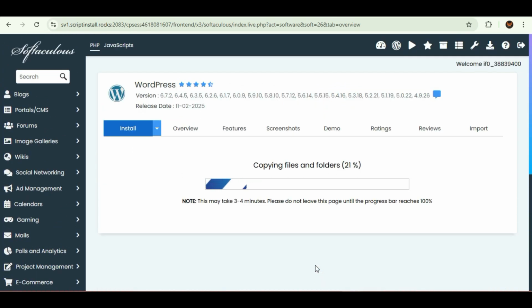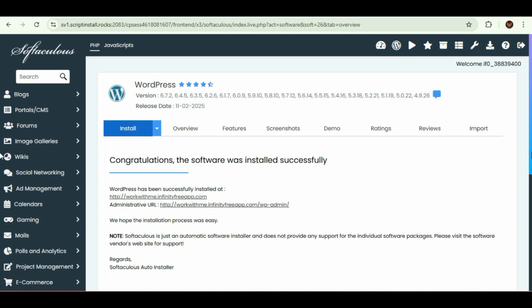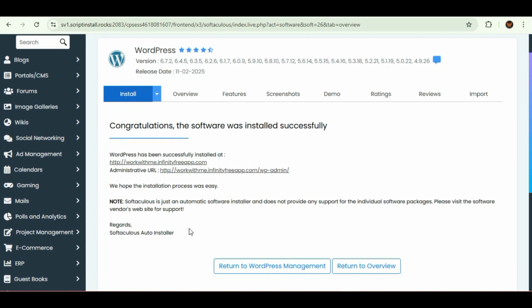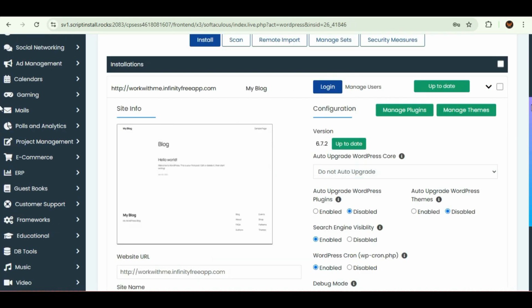Wait a few seconds. And there you go. WordPress has been installed successfully without any error. So that's the best and easiest way to fix the "an installation already exists as per our record" error and install